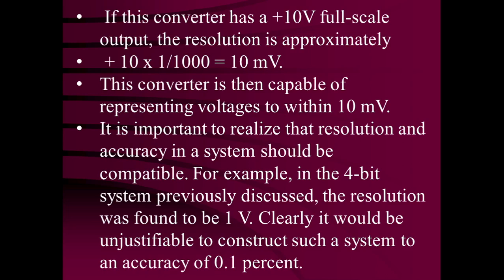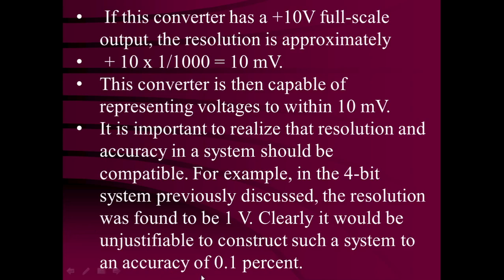Clearly, it would be unjustifiable to construct such a system with an accuracy of 0.1%, because when the resolution is going to be 1 volt, it cannot distinguish less than 1 volt. So, even for 10 volts, if you are preparing a circuit with more accuracy, that means more precise resistances and a more precise voltage source, you are spending more money, and you may be getting the accuracy of 0.1%, but it has no meaning,